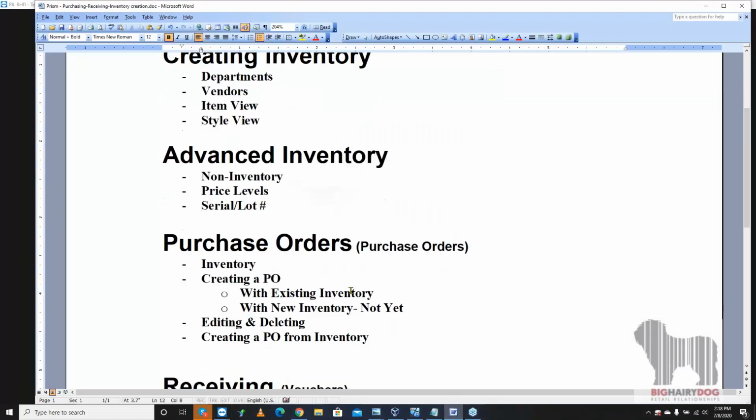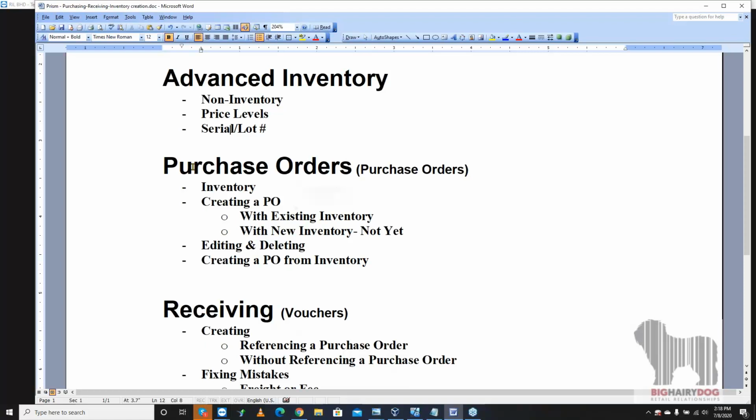So back to purchase orders. Right, so we have to build the items in inventory. Well, you can build items, but you just can't build items on a PO yet. So if we're going to create a PO, right, which is the next step here,